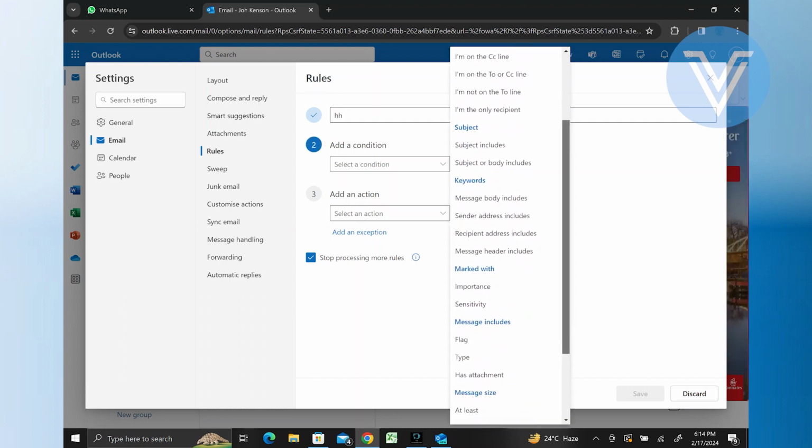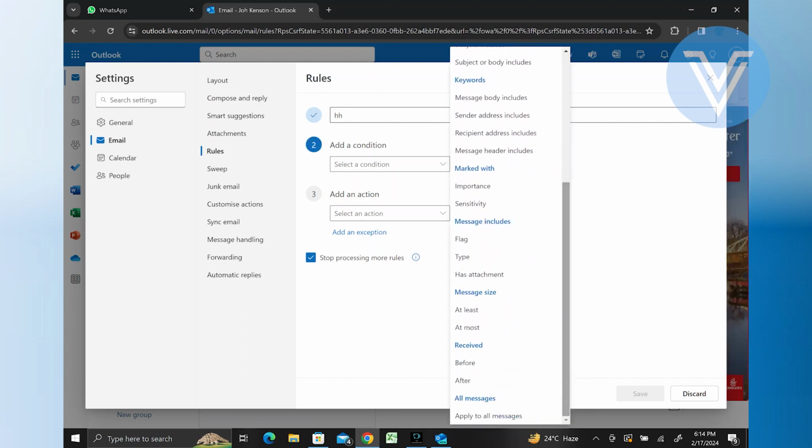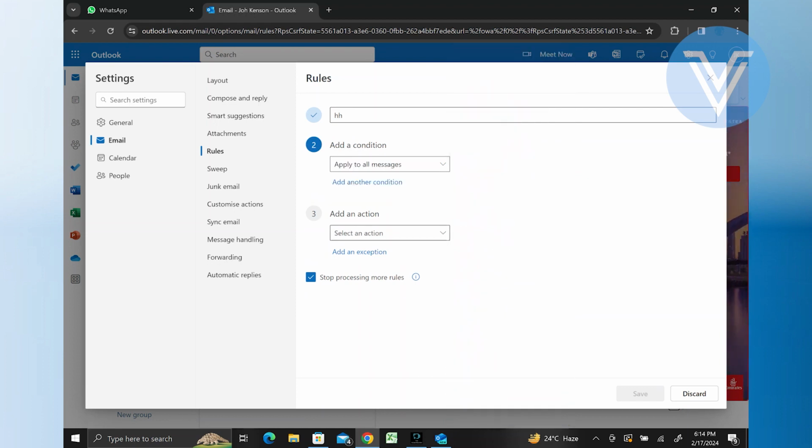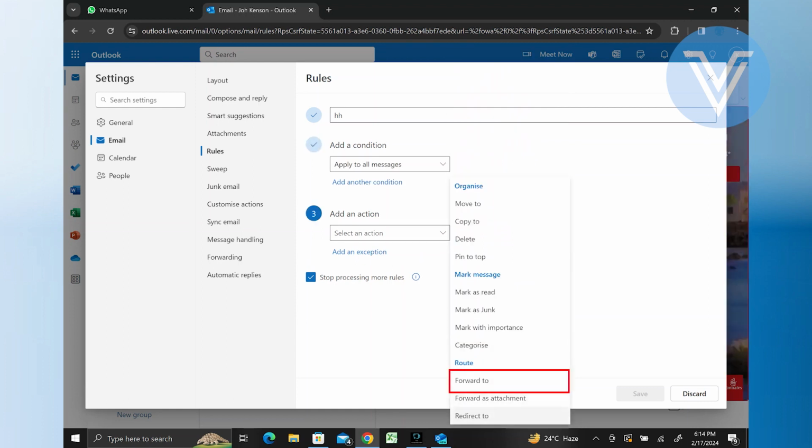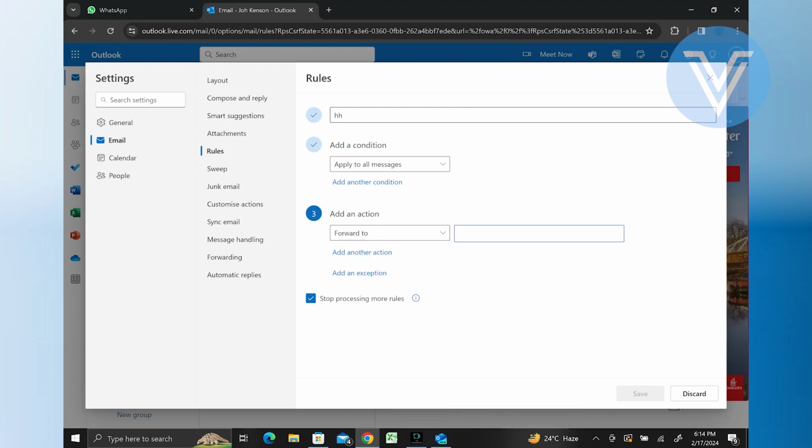Choose a condition that determines when the rule should be applied. For example, if you choose Apply to All Messages, the rule will work for every email you receive. Specify what action should be taken when the condition is met. In this case, select Forward to as the action, which indicates that the incoming emails will be forwarded to another